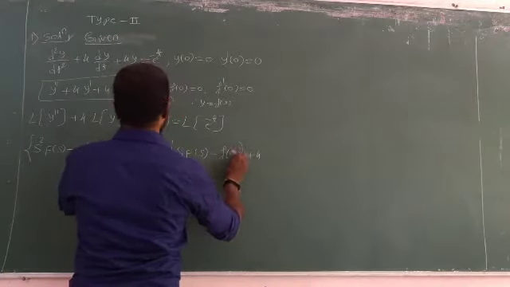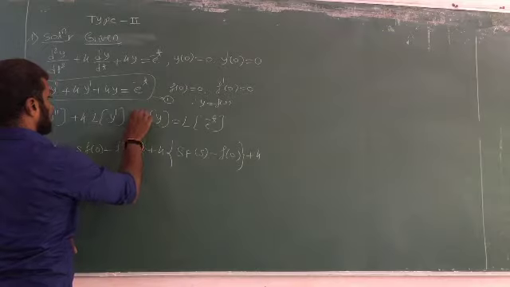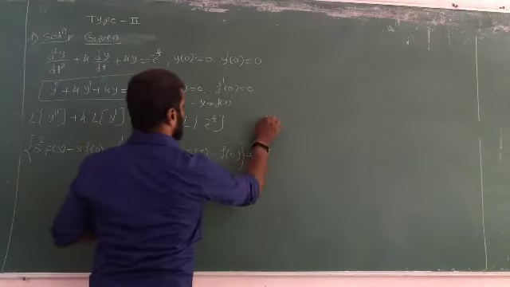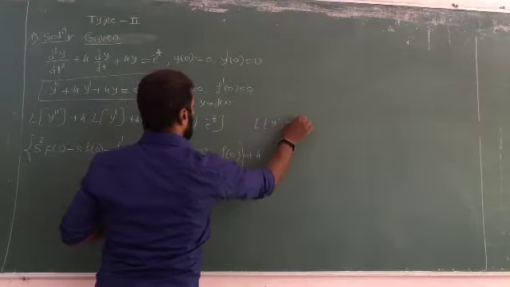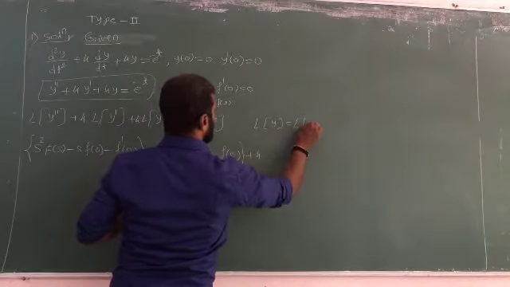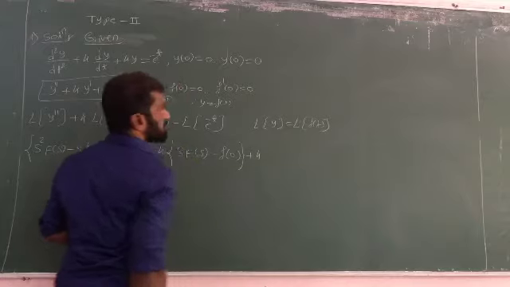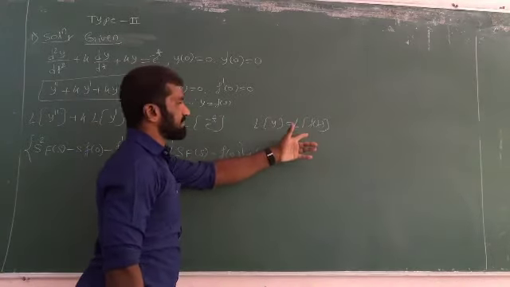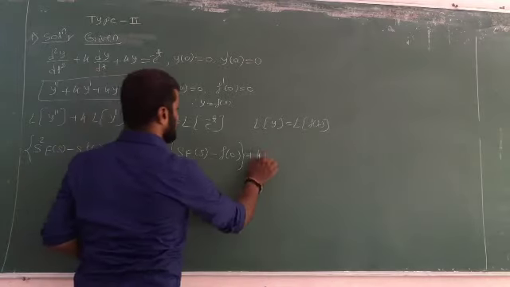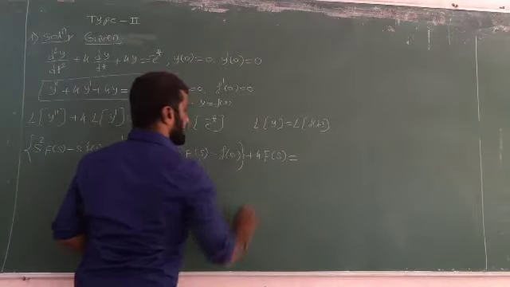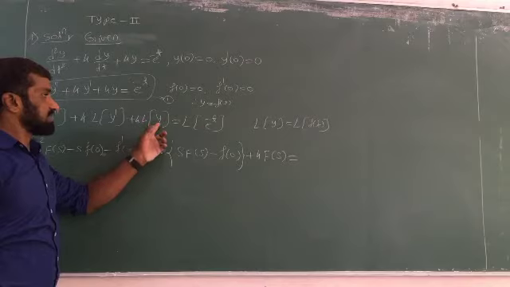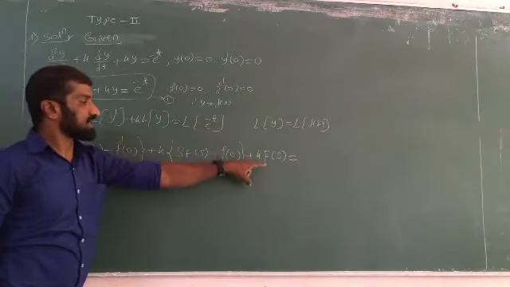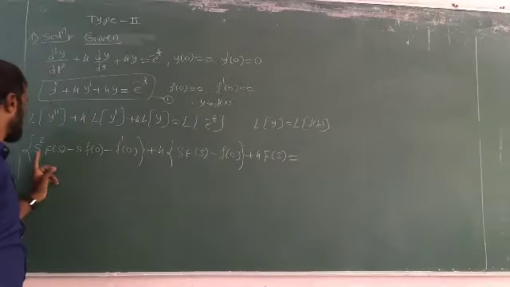4 Laplace of y. I can write Laplace of y means f of t, because y is equal to f of x, some function. So I can write Laplace of f of t is the symbol of Laplace. I can write it as capital F of s using that condition. Laplace of y is again L of f of t, so L of f of t can be written directly as the symbol F of s because I can choose it as F of s.